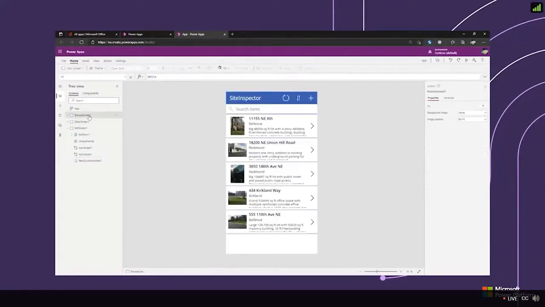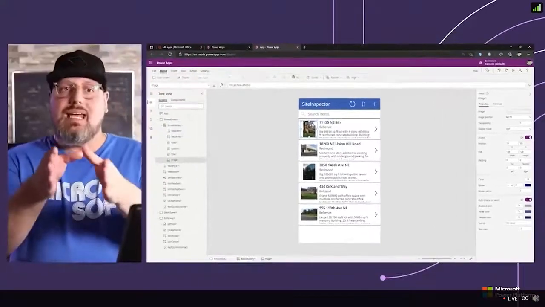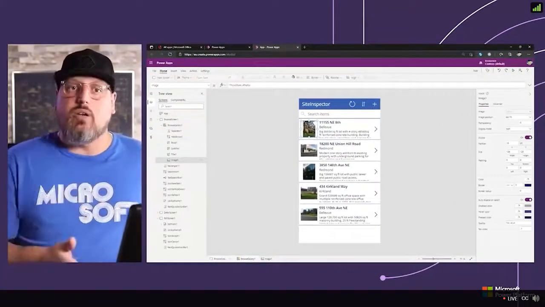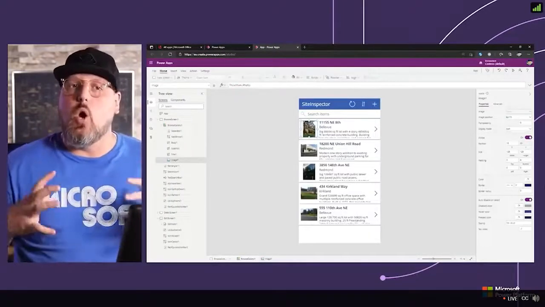When you want to change a browse screen, you can select the first element of the gallery. So a gallery is a list of items that you can scroll through. In this case, we don't have a lot of records. And you can select an element and start formatting that element. And the changes that you build in that sequence will then be reflected to all the other elements. So you only have to change the first row and automatically all the other rows will know what to be